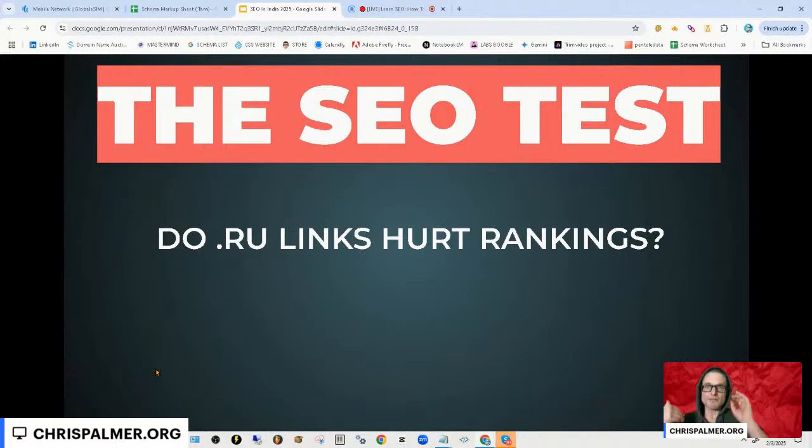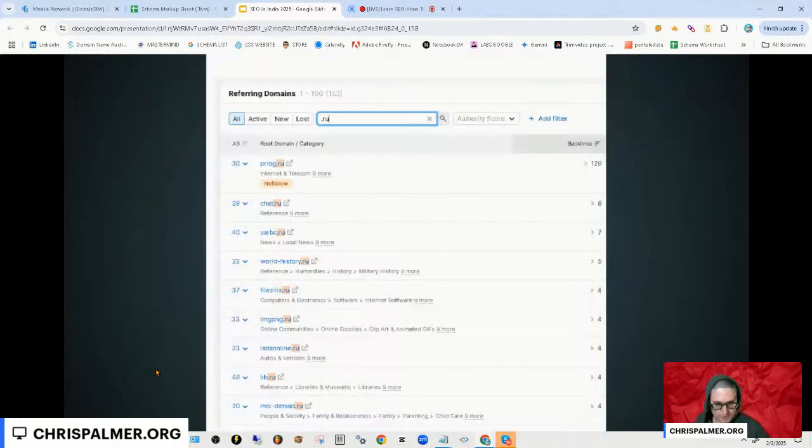So we're looking for sites, AKA links, in this particular instance, that are within the top 10 or top 5 categories that our competition has. Like boats and automotive, home and construction, these types of categories. So as long as it's in one of the top performing categories and it's an RU, will this hurt me? I don't know. So here's what we did. We built 152 of them. I took out the slide for the site of who it was because I cannot share that. But we built 152 .ru links.